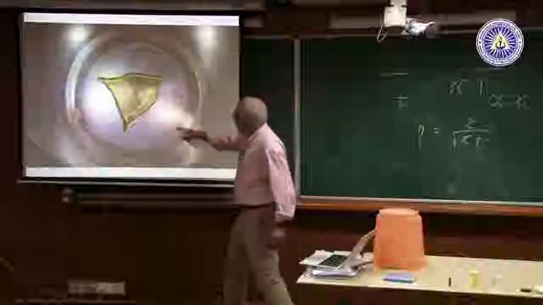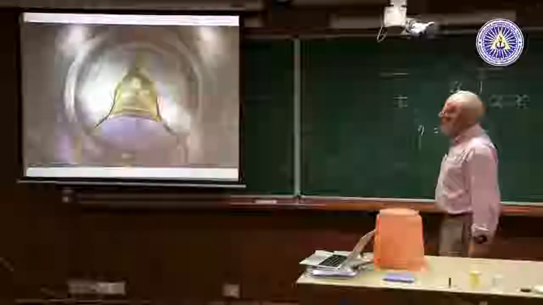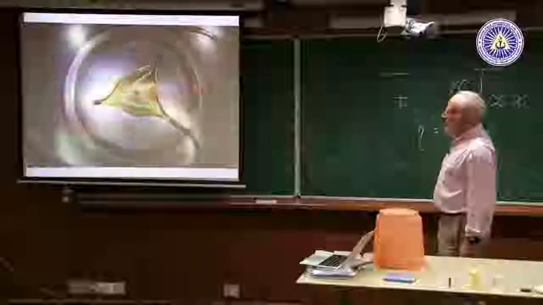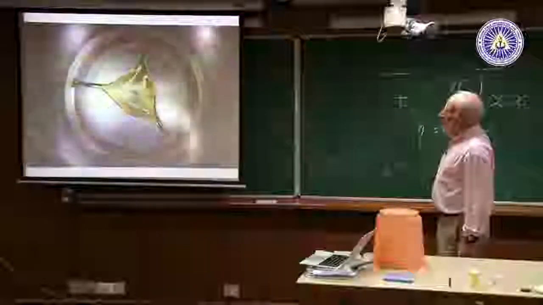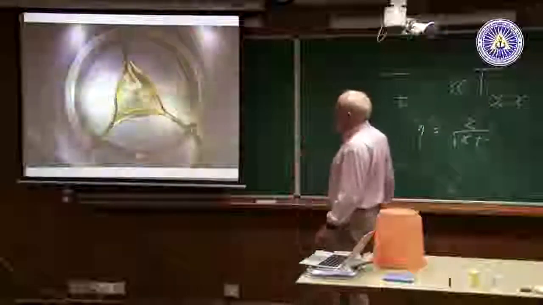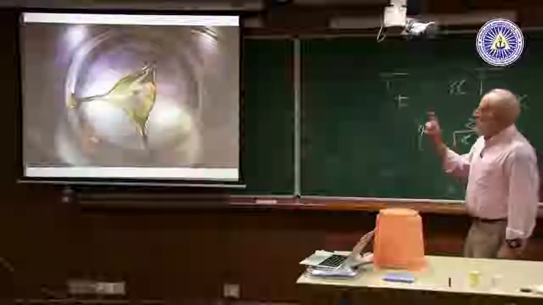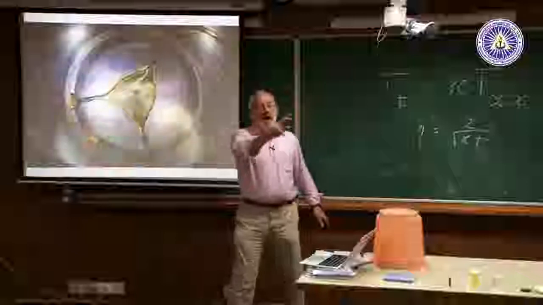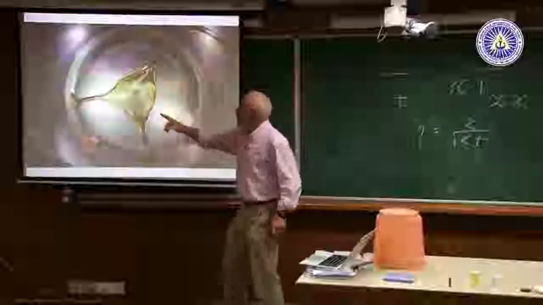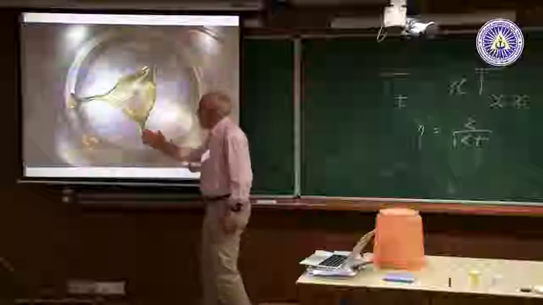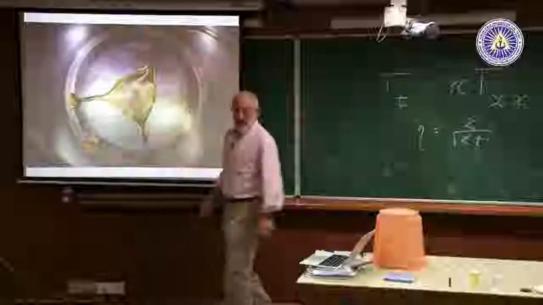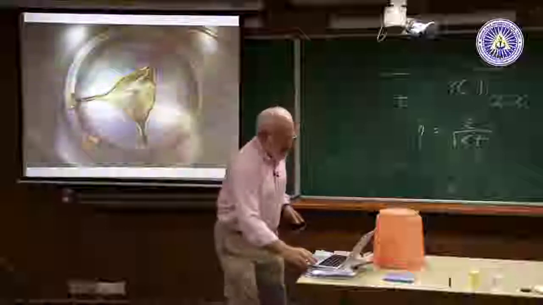And in this case, there are 3 definite arms that come out in long fingers. So far, we've only done this experiment about 3 times. This is once, when it had 3 fingers, then we could get 4 fingers, or just 2 fingers, depending upon the rotation rate. And there must be a wonderful problem of how at low Reynolds number and low Rossby number, rapidly rotating, this becomes unstable.